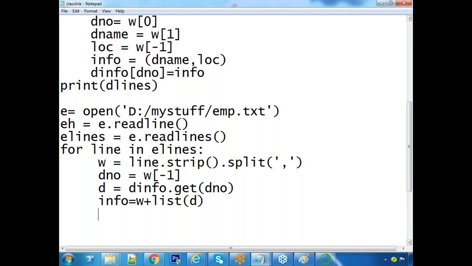Now, how to concatenate list elements? A delimiter dot join of your list. Total 7 elements will be concatenated with separator comma. This is my new line.